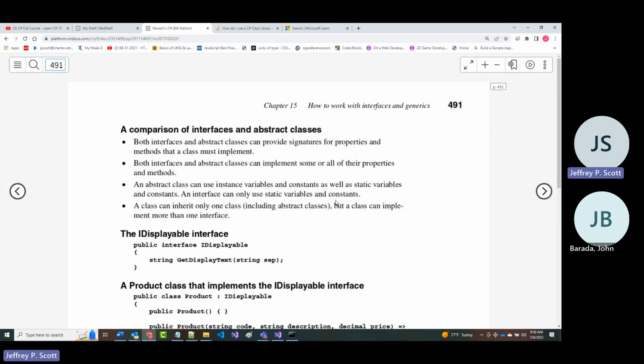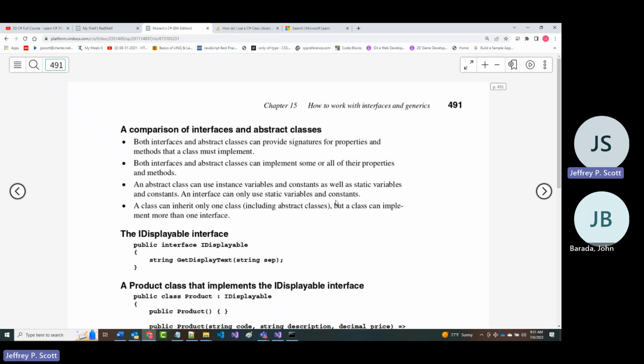Now, here's that comparison. So again, both can provide signatures for properties and methods that a class must implement. Both can implement some or all of their properties and methods. An abstract class can have static variables, constants, and it can have methods. An interface cannot have methods.